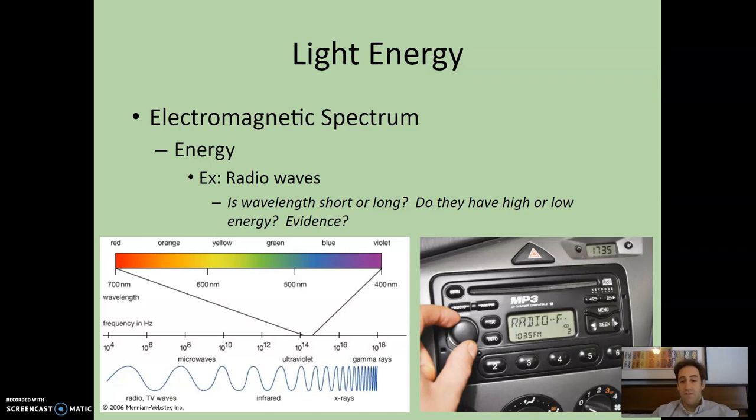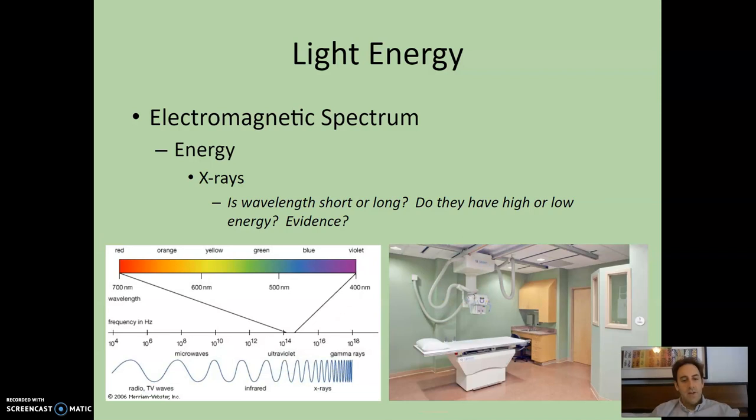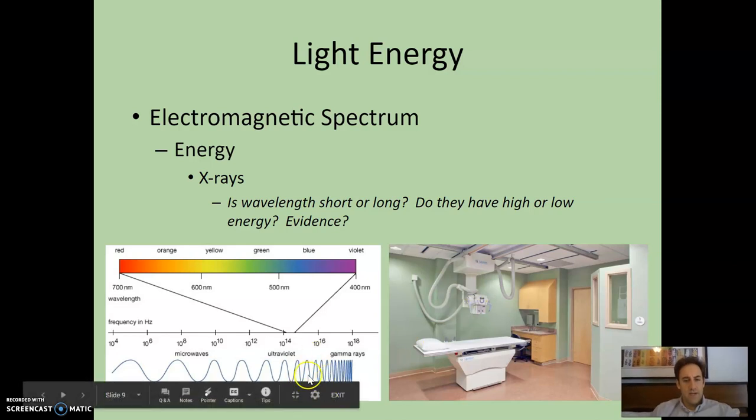We know this because if you turn on your radio, sound comes out. So that radio is picking up these wavelengths and playing it. And that's no big deal that these wavelengths are passing through our bodies constantly because they have such low energy. In contrast, an X-ray, wavelength, long or short, high or low energy? Well, if you look at that diagram, X-rays are right here, and they have a short wavelength, which means they